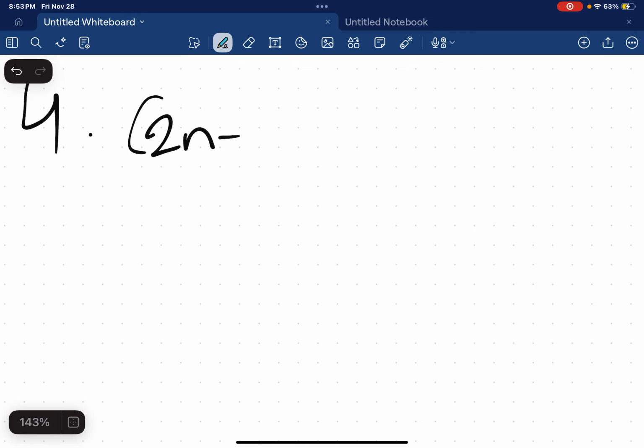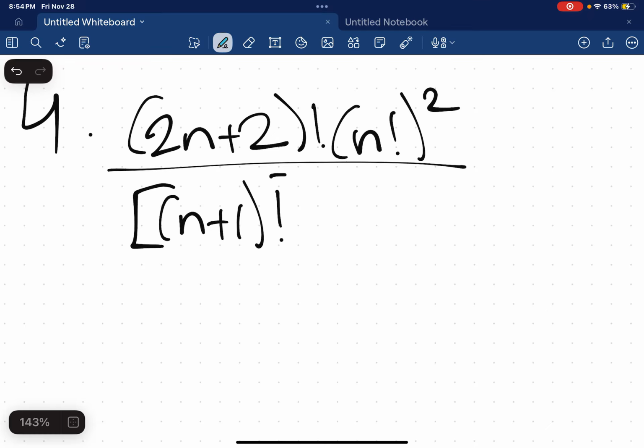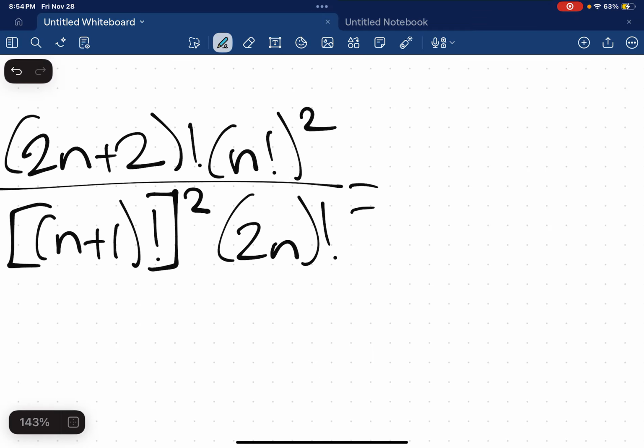So let's go ahead and get started. We have (2n plus 2) factorial, n factorial squared, brackets (n plus 1) factorial, brackets squared, (2n) factorial. Okay, first step here. What's going to be the first step here? All right, first step here